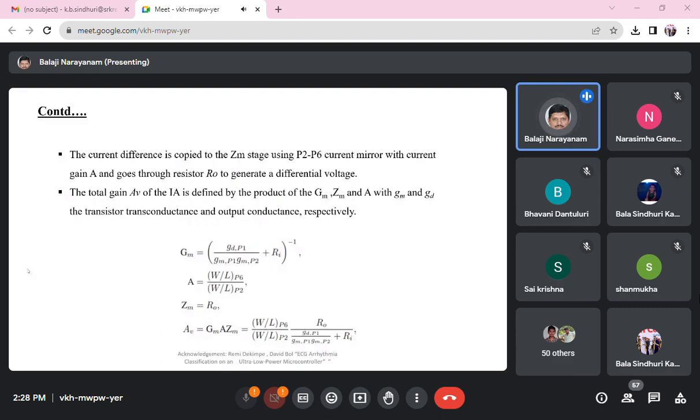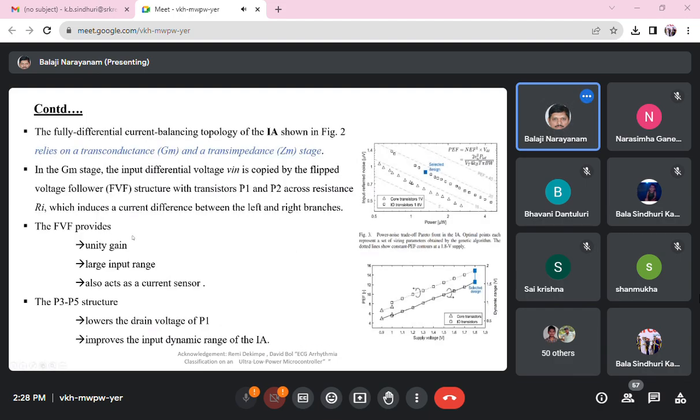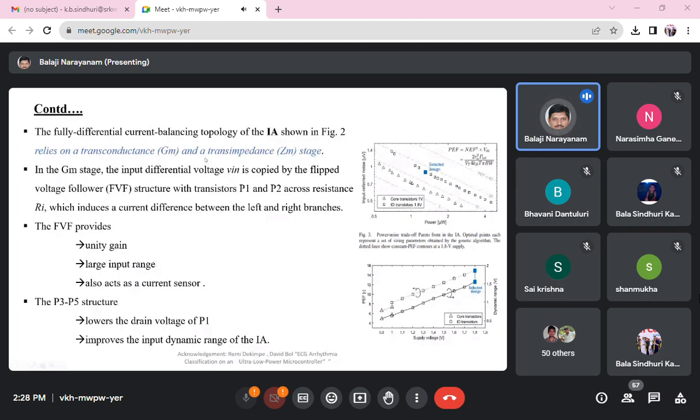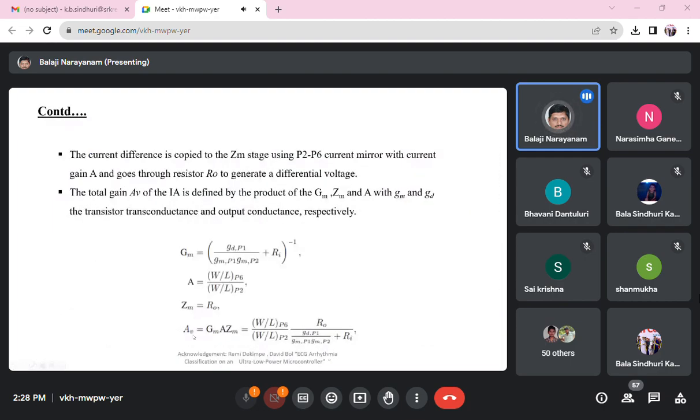So we can calculate the transconductance GM by making use of this equation. Here you can observe GM is the transconductance, and trans impedance is represented by Zm. So Zm is equal to R0. Of course, this is very simple, whereas GM is given by this equation. So how do you calculate the voltage gain? If you have the knowledge of GM as well as Zm, GM into A into Zm